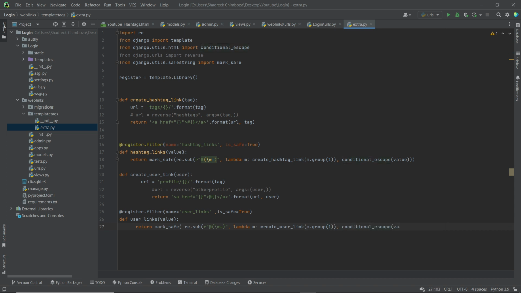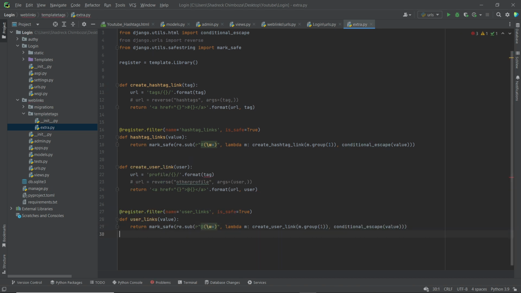So after you finish writing that code, you'll be done. But as a tip, if you're going to use this code, I recommend you use the URL which I commented. Why? Because it gives you better control. As you can see, you just have to put the name of your pre-built URL and then the arguments. The arguments help you search for the post with the related hashtag or the user profile.